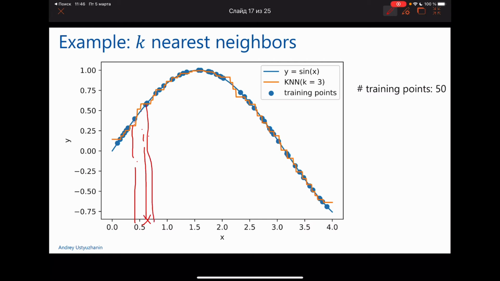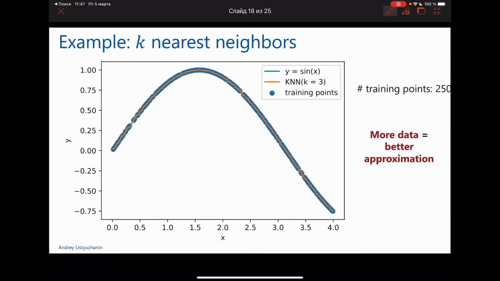So two neighbors, and you just average its labels. As a result, you get this orange curve that approximates the ground truth relation, which is a sine function between x and y. And you see it behaves quite okay, given the training sample of 50 points. And if you increase the number of training points, you can see that the accuracy of the approximation becomes much better. So this orange curve almost exactly follows the sine